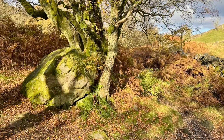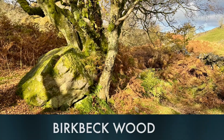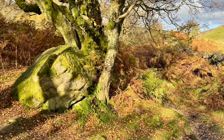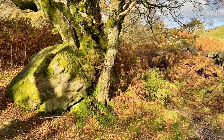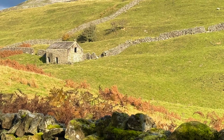After about a third of a mile climbing up through the valley, the path leads me through Birkbeck Wood, temporarily taking me away from the beck. I pass a large moss-covered boulder near a tree, and know I'll soon emerge into the open countryside on my right. Looking over a dry stone wall at the edge of Birkbeck Wood, I get a classic view of the